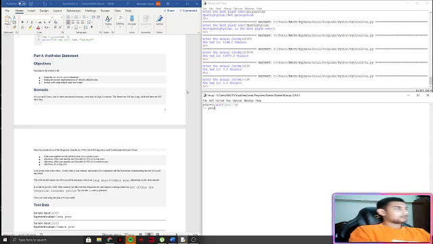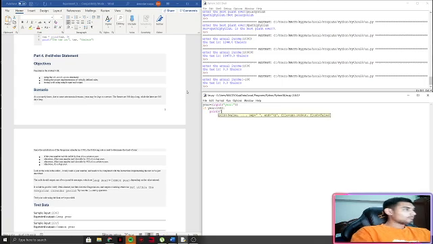If year is less than 1582, then print not within the Gregorian period,